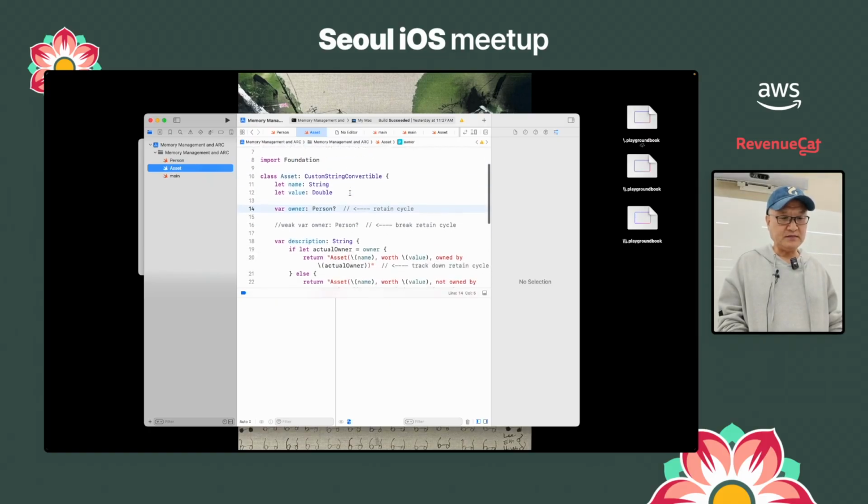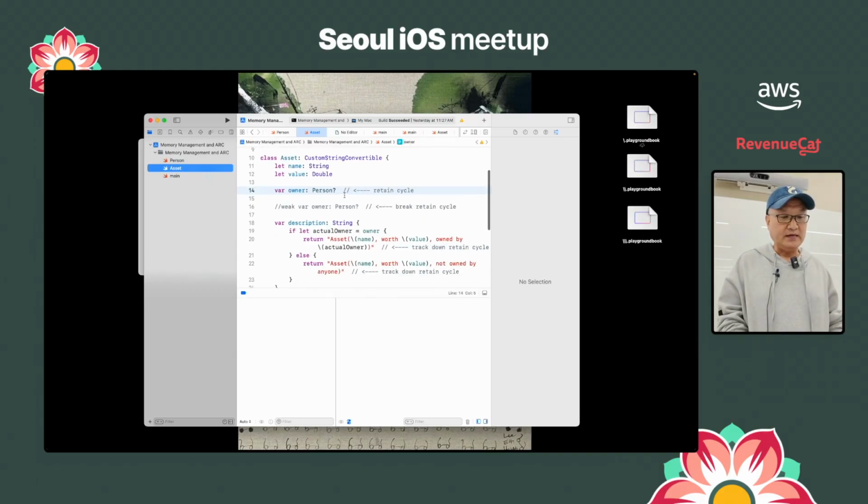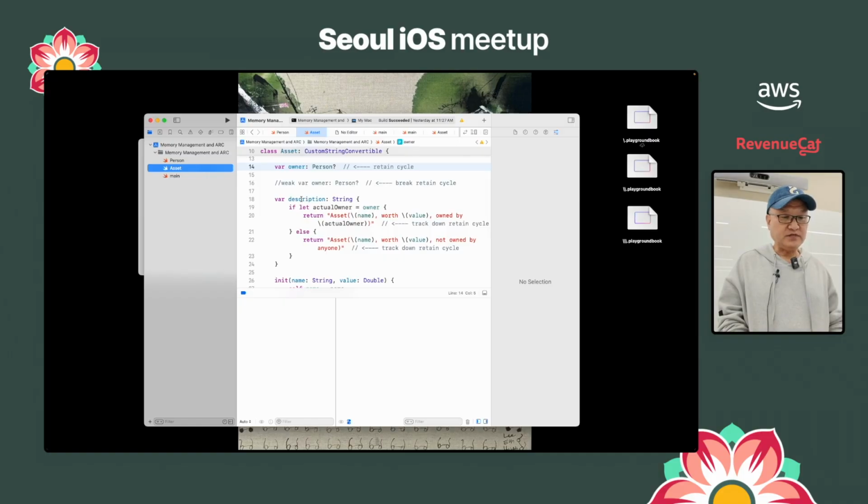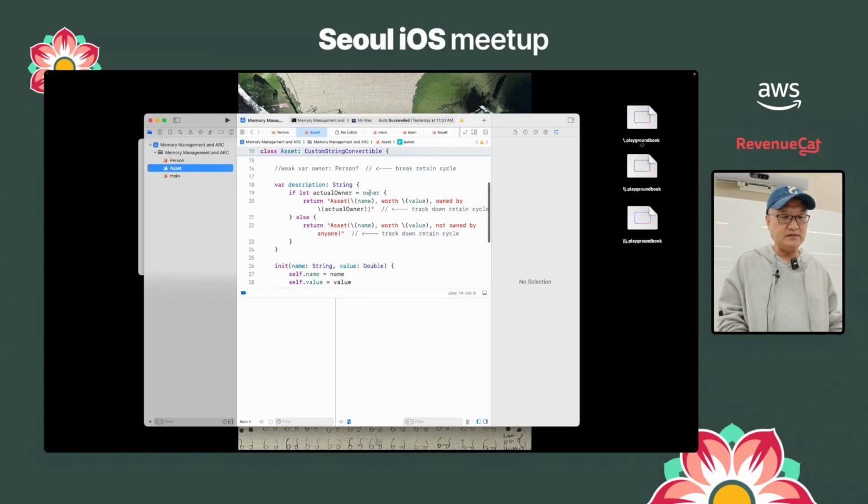This offset consists of offset name and offset value, and there is an owner as a person. This is a person class type, a reference type variable. And the variable description, the string, and let there be the owner, if assigned, return asset name and worth, they're owned by,